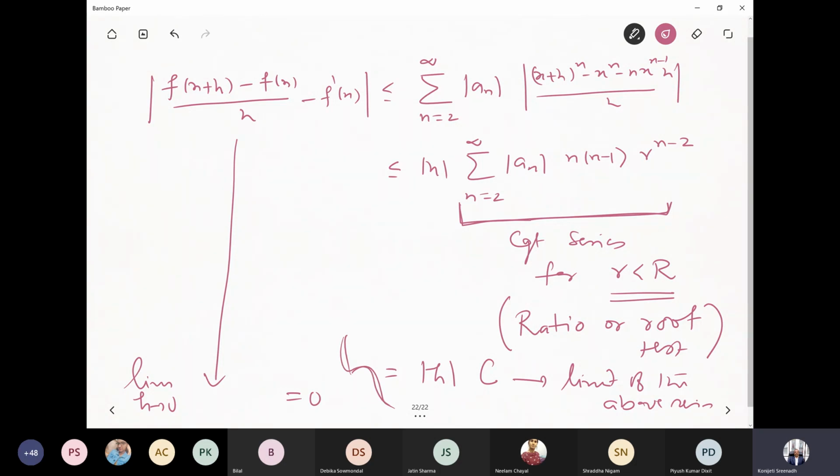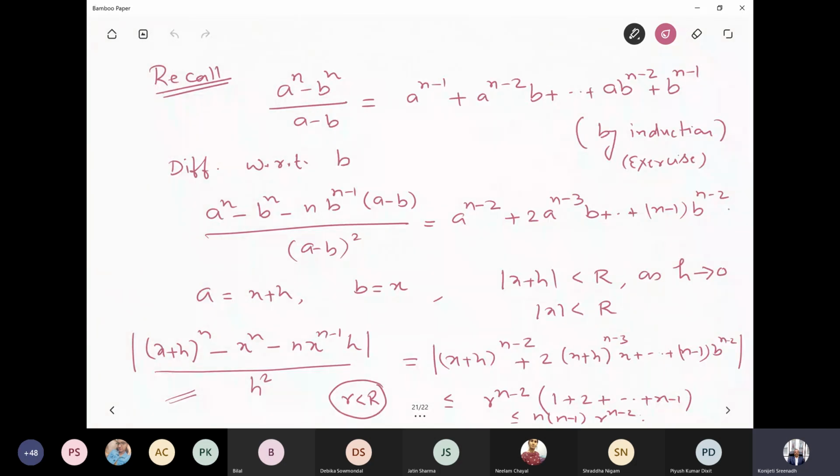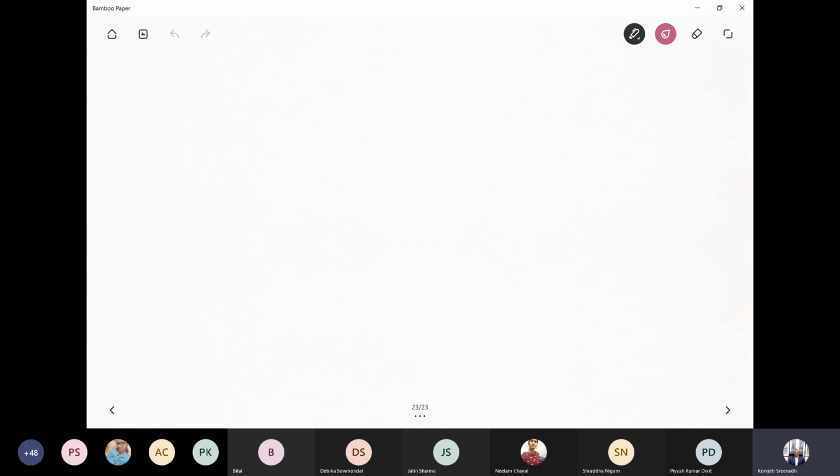Okay, so this is how we show that the series is differentiable. The infinite series is differentiable, and the derivative of the infinite series is going to be the term by term series of the given series. Okay, so another result that we require is